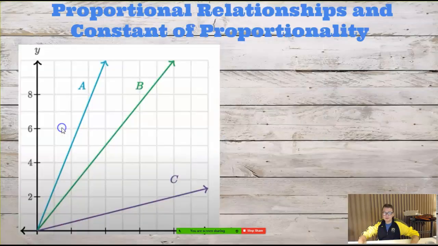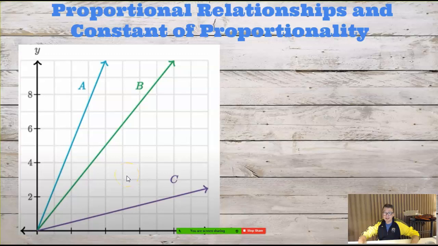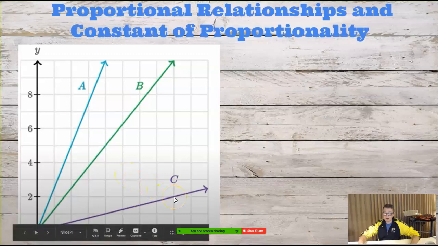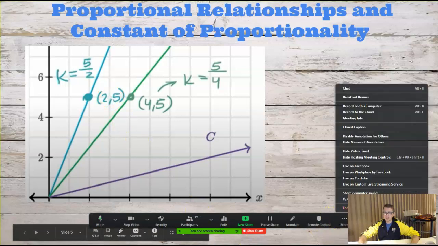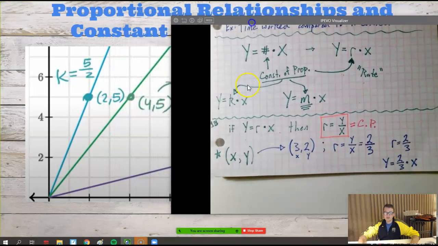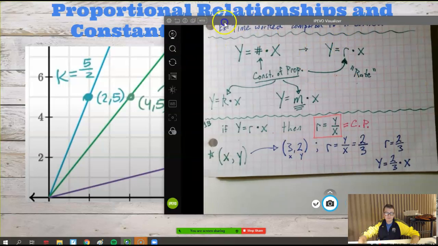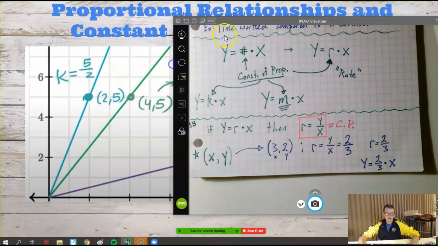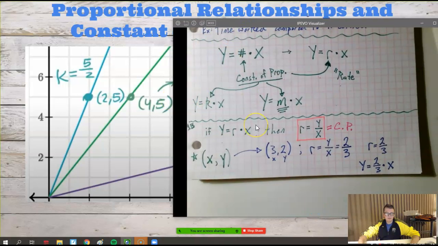I'm going to leave my notes up, but encourage you to try for A or B or C. Watch for just a second, and then I'll put my notes back up. If I pick points on A and B for you, there's points that I would pick. Try to write equations of those lines for A and B. I've got the point shown there for you. We're going to do the same thing we did with the last one.